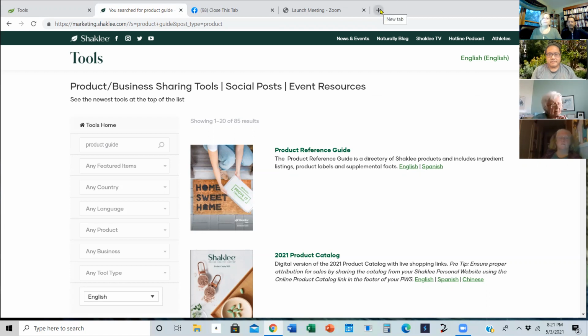One thing, if you have people in your group who don't have a PWS, let them share your link. And then if somebody signs up, ask them, hey, how'd you get my link? Is this the person who signed up? Then you can bring somebody in, sponsor them, and then move them under other people, and you can still maintain the bonuses and the sponsoring credit. So that's something as a business leader you can do, or your business leader can do it for you. Nice. And if they don't, tell me and I'll call them and then they will.